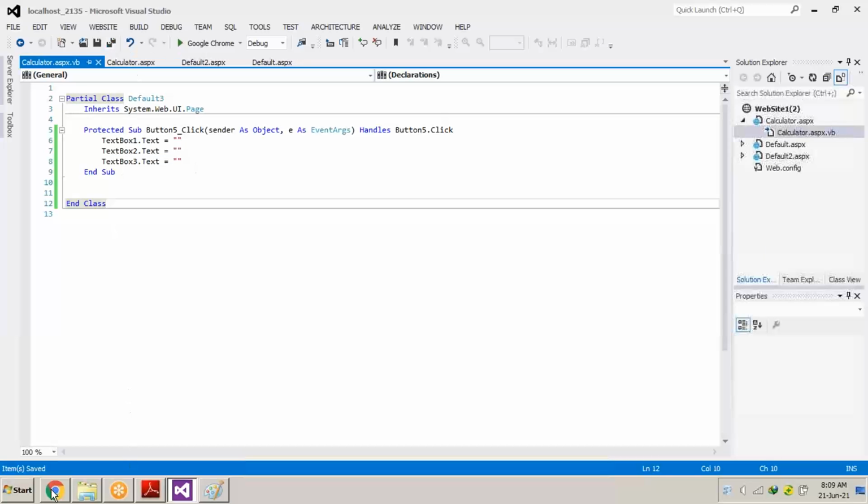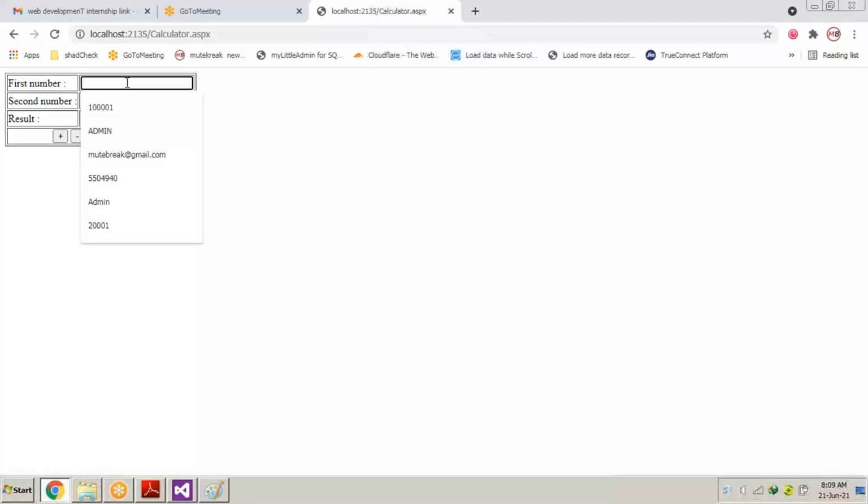We will just save the changes done, and we will just refresh the page. Remember, we haven't written coding for plus, minus, into, and divide. First of all, we have written the code for clearing the screen in the click button. So to test, 1, 2, 3, 4, 5, 6, and 7, 8, 9, or anything, we have added some numeric characters to all the text boxes. Now we will press the clear button to see whether all the text boxes are getting cleared, or whether there is some error in our project.